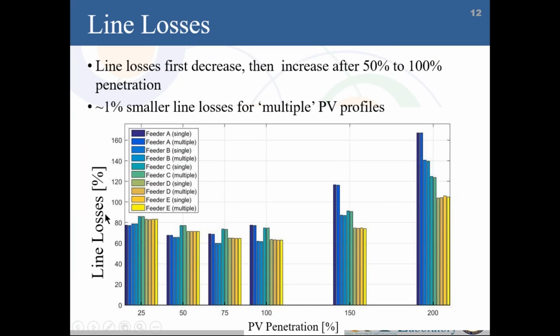And then the line losses are normalized so that if you had no solar power, we would be at 100% line loss. And we see that as we add solar power, we're actually reducing the line losses. That's because the power is produced locally and is consumed either at the house itself or at the neighboring houses, so it has a very short distance to flow. But as we go to higher and higher penetration levels, we're reverting this trend, and we actually increase the losses, because now a lot of power in the daytime is flowing from the different power systems all the way back to the substation, because it's too much to be locally used on this feeder.